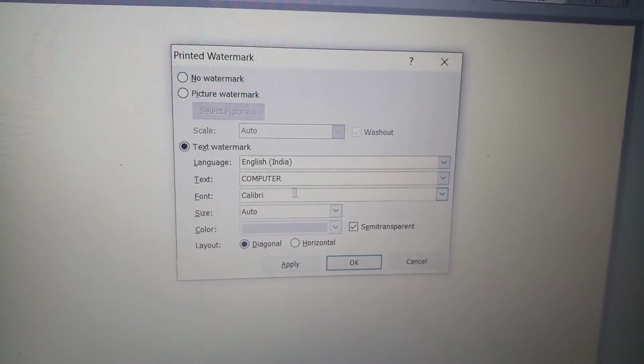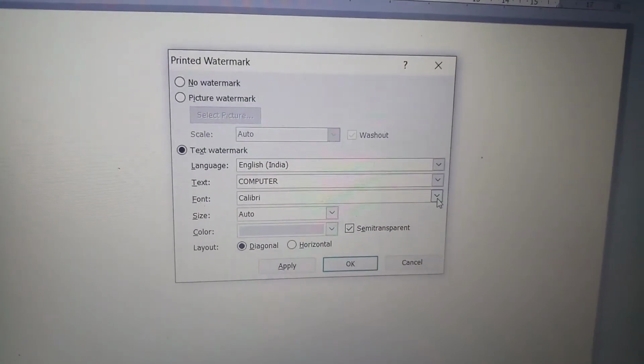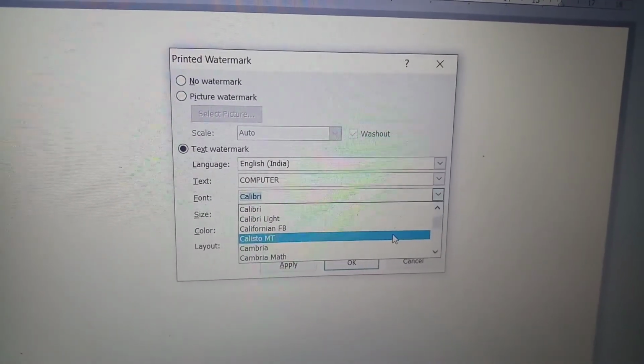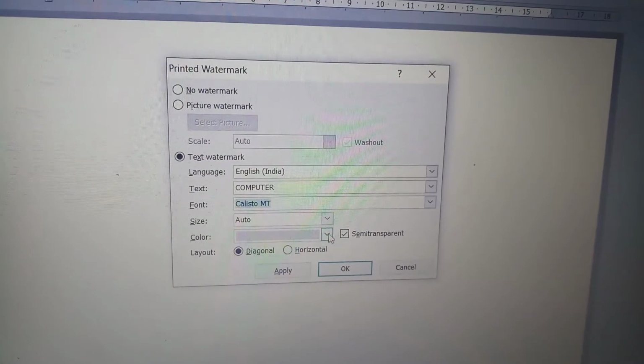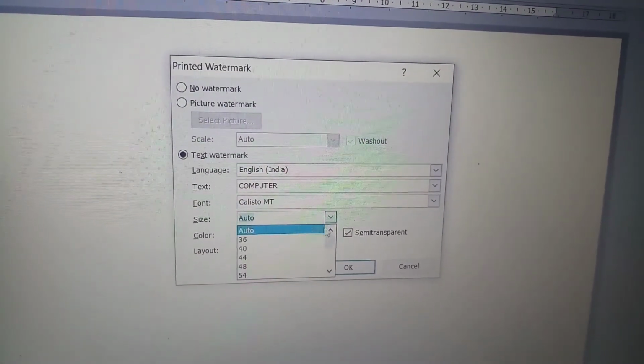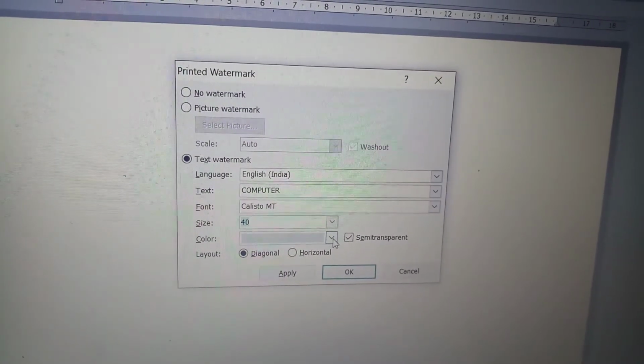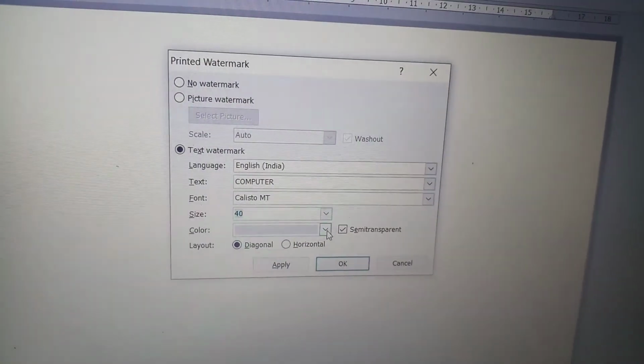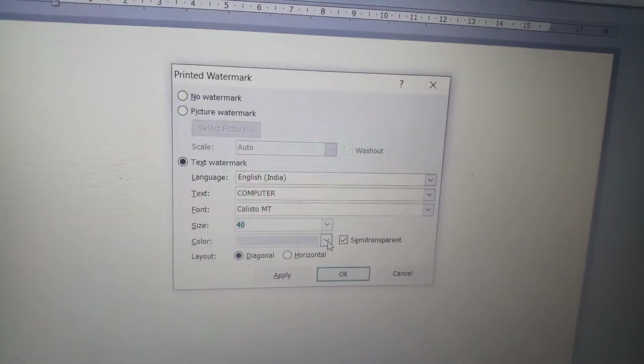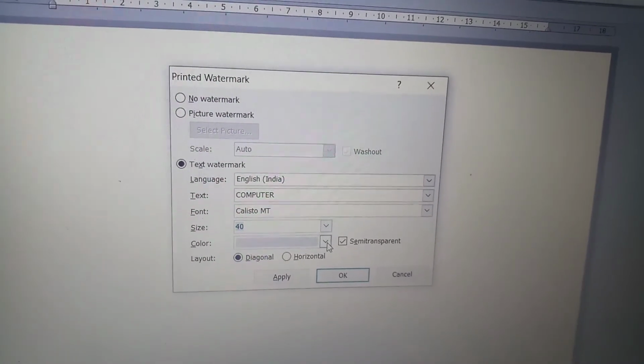We can change the font style by selecting the font option. You can change the size of it as you want to make it bigger. Automatically it comes as auto size. You can choose the color. Color is given as light gray.